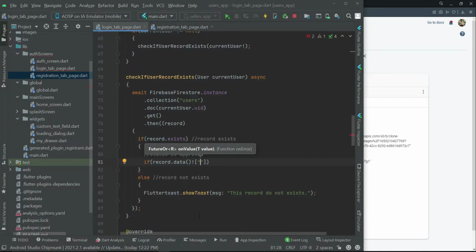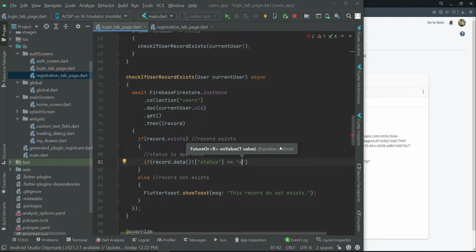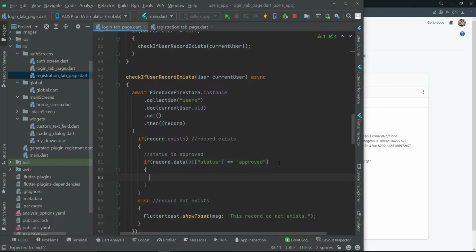So if that status becomes equal to, make sure to use the same spellings, okay, because on the basis of it we will also implement some features in the admin web portal. So we can say if that is approved, then allow the user to log in, which simply means send